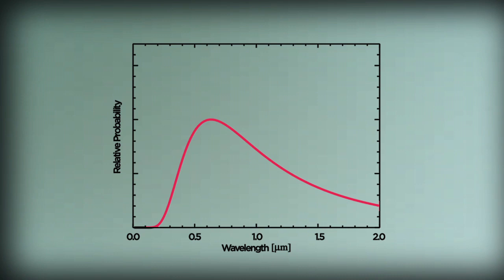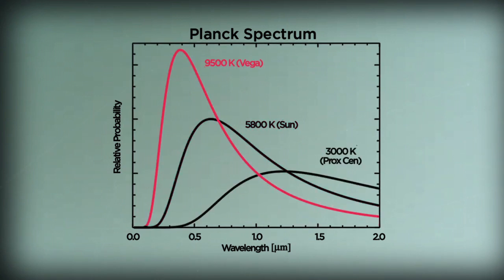The shape of the function looks like the Maxwell-Boltzmann distribution, but it is different in detail because photons are not just everyday particles. This is called a Planck spectrum, and this curve is for 5,800 degrees Kelvin, approximately the temperature of the sun's outer layers. The bright star Vega is hotter than the sun. It's closer to 9,500 Kelvin, so its spectrum is shifted toward higher energies, which means shorter wavelengths. And the faint nearby star, Proxima Centauri, is only about 3,000 Kelvin, so its photons generally have lower energies and longer wavelengths.